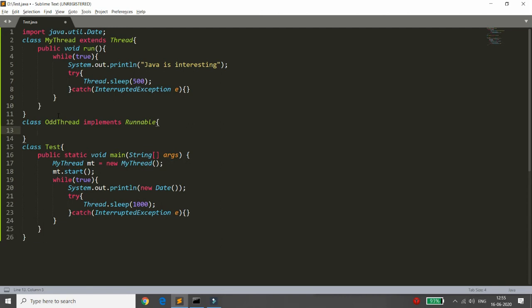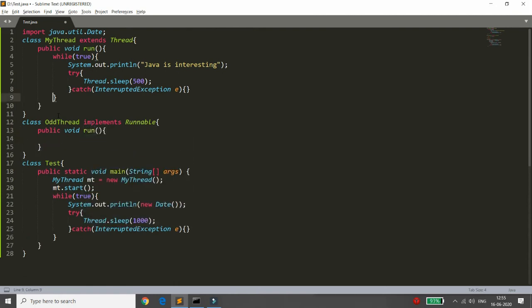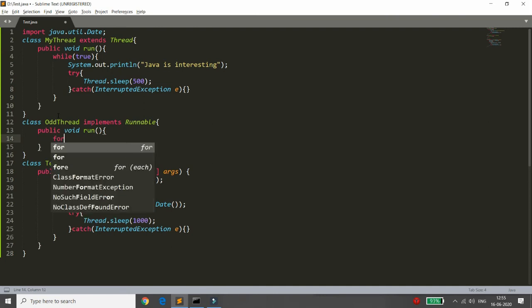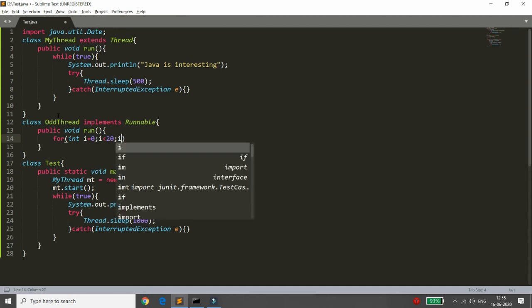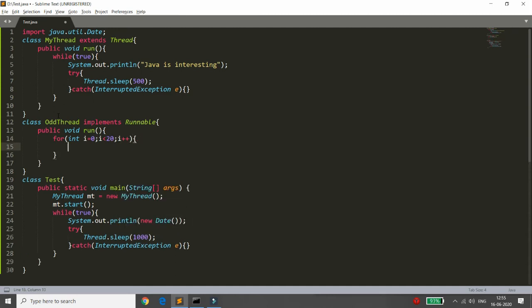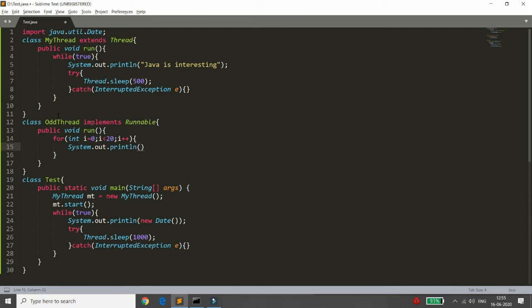So here you can call again your public void run method, and again I want a for loop with integer i equal to 0, i less than, for example, 20, i plus plus, and I want to print system.out.println the number, so that it displays only odd numbers. So I'm starting from 1, and i plus equal to 2.